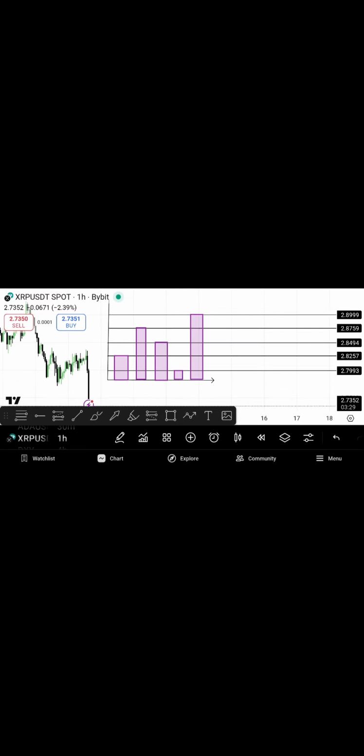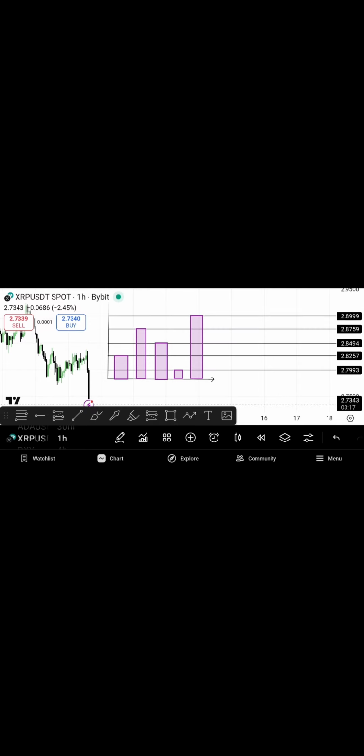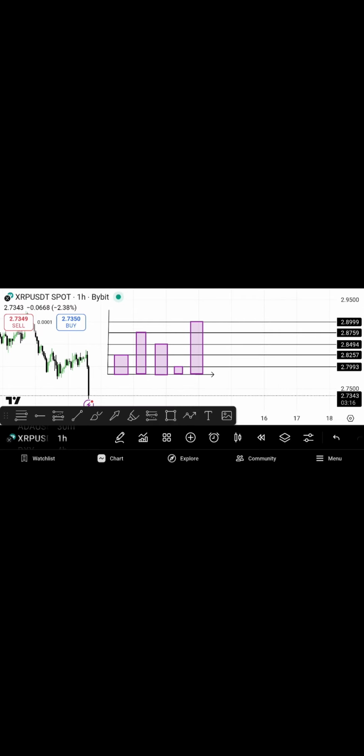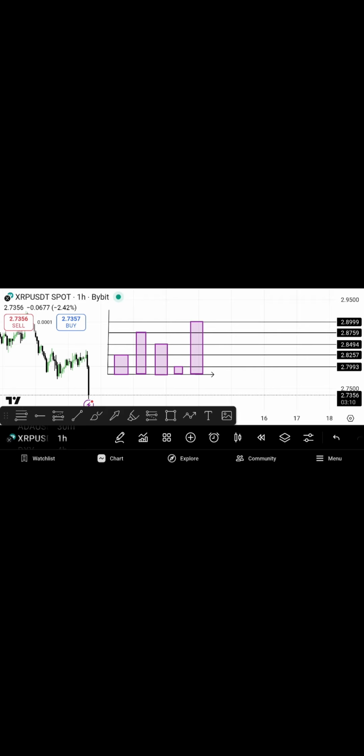So it means this price is moving based on data. You can never predict your price or calculate your price without this data, if you want the price to move well for you,